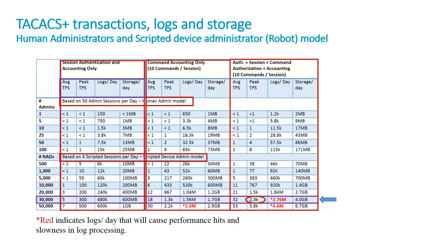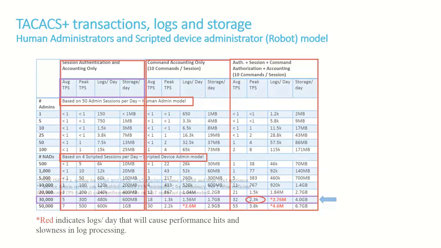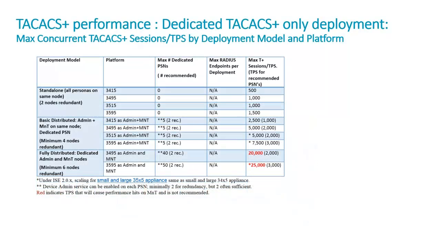Now, having determined the peak transactions per second, let's go back to the different models that we spoke about earlier: the dedicated deployment model and the shared deployment model, and determine how many PSNs you need. In a dedicated TACACS-only deployment model, you can see that for 2300 transactions per second, you